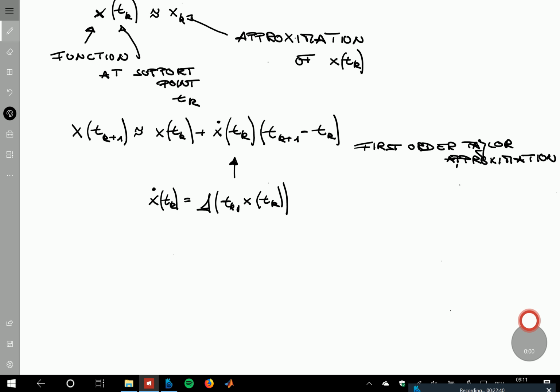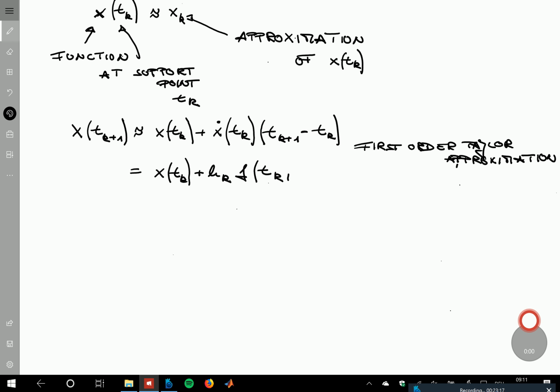We also defined that the difference between t_{k+1} and t_k is denoted by h_k. That's more notation than anything. So we can directly rewrite this approximation as follows. This is the first order Taylor approximation, and then we can rewrite this as